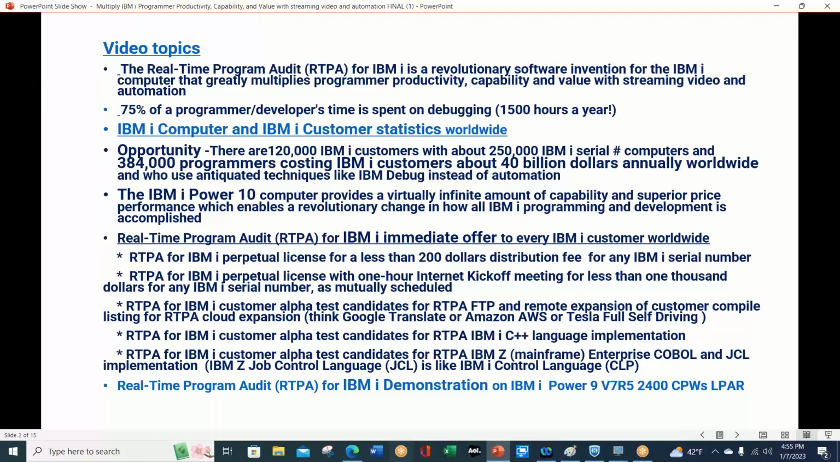We'll go through some of the IBM computer statistics and customer statistics, the most important of which is the IBM Power 9 and Power 10, which you will see on this computer in about 5 minutes, actually demonstrated. You'll see that the power is so incredible and the cost is so cheap that literally programmers can get thousands